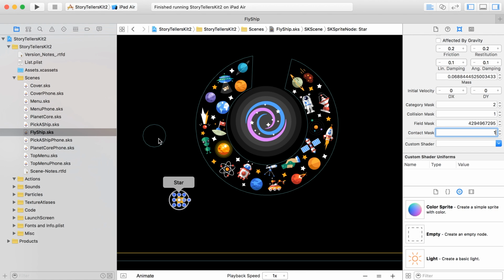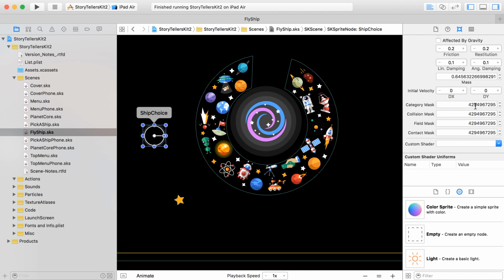our ship. So let's jump over to this guy now, and you'll see that we need to put in 1 here, and then because we want this to again collide and contact with the star, we're going to put in the star's collision mask and contact mask. Now the collision mask doesn't really matter that much here. It's really the contact mask, because what's happening is the code is going to be listening out for a contact, which is